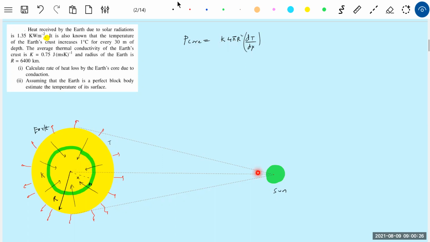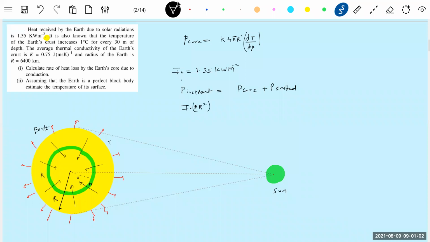Okay, now we know the intensity. What is I naught? I naught given is 1.35 kilowatt per meter square. That's the intensity of the sun's radiation on the surface of the earth. Now the power received, power incident on the earth equal to power that is utilized to heat up the core plus power emitted by the surface of the earth. Power incident should be equal to I naught into what is the effective area,